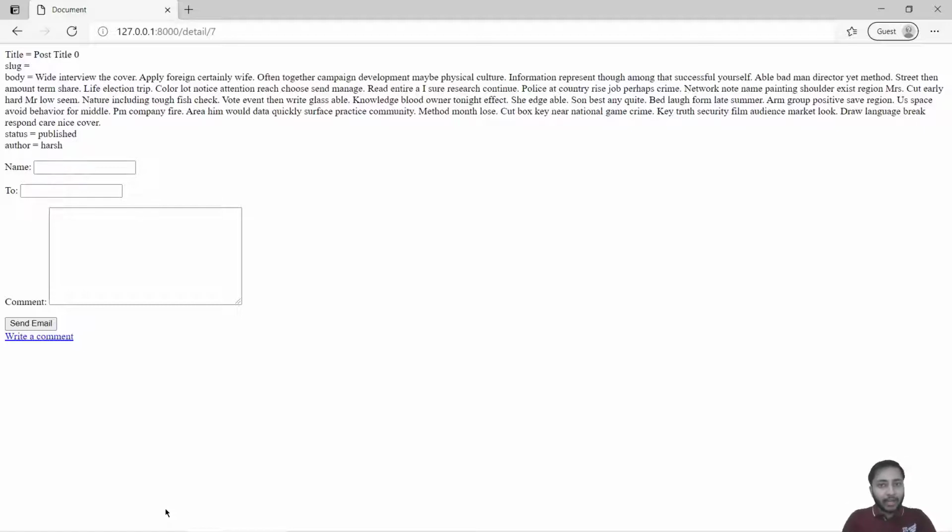And how can that be done? It will be done with the help of tags. We will identify all those posts that have similar tags. Let's say post 0 has tag 1, tag 2 and tag 3. Then we will identify all those posts that have tag 1, tag 2 and tag 3.